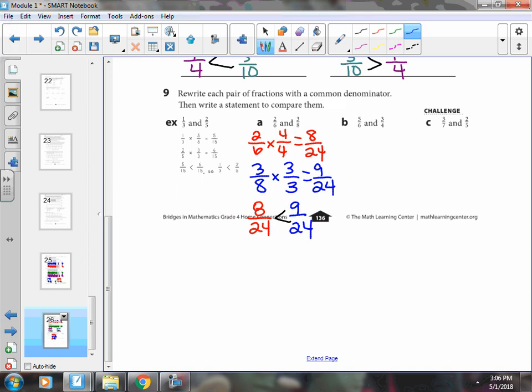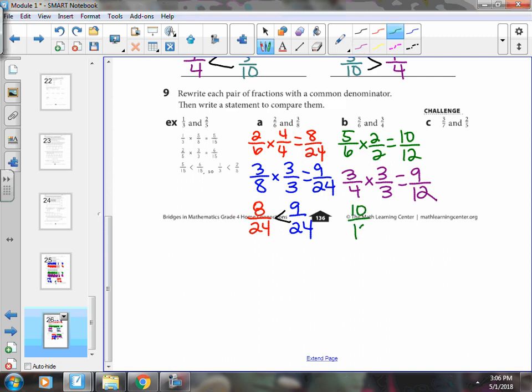Letter B, 5/6 and 3/4. I can change those both into a 12, and there's other possibilities, but 12 is probably the easiest. 5/6 times 2/2 equals 10/12. And 3/4 times 3/3 equals 9/12. And 10/12 is greater than